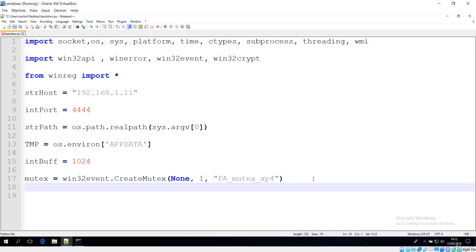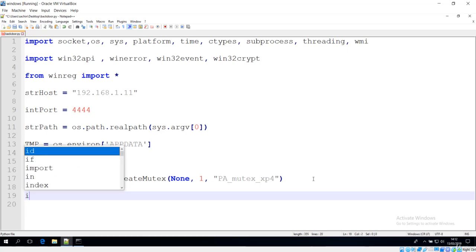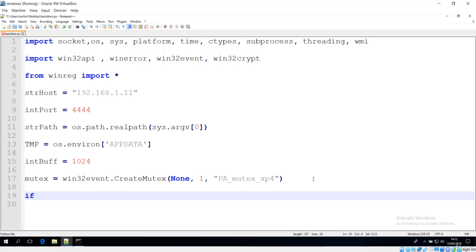So next thing we can do is see if this mutex is already executing or not. To do that, we'll make use of this Win32 API and the get last error method, and over here we'll see if the error already exists or not.